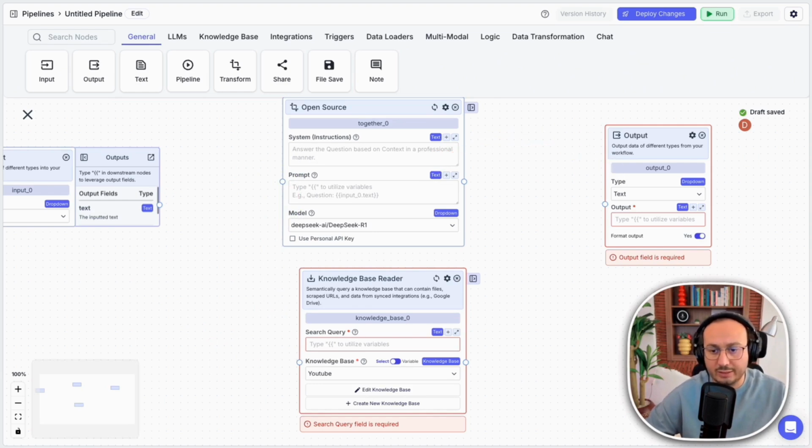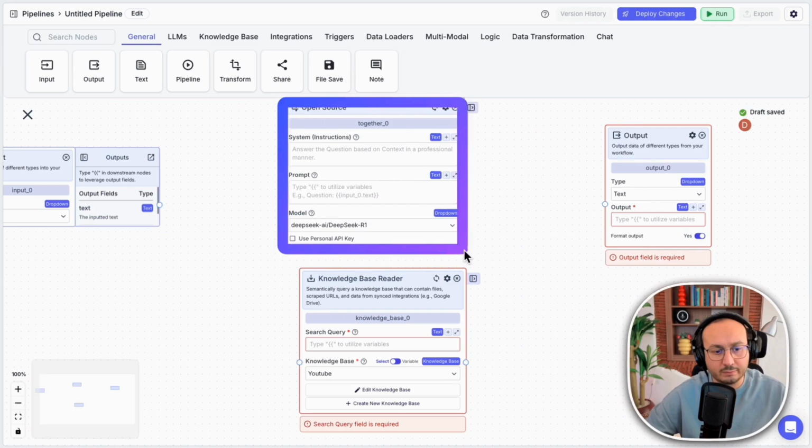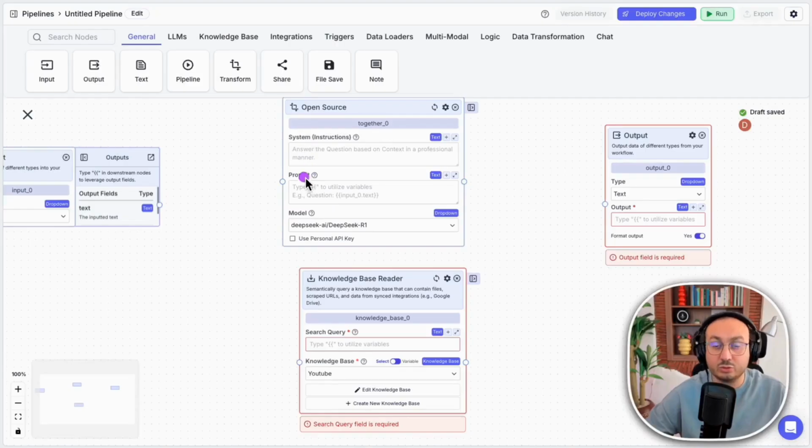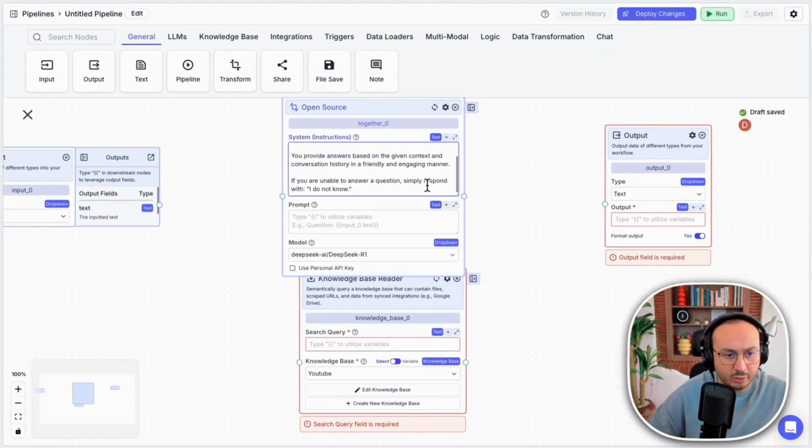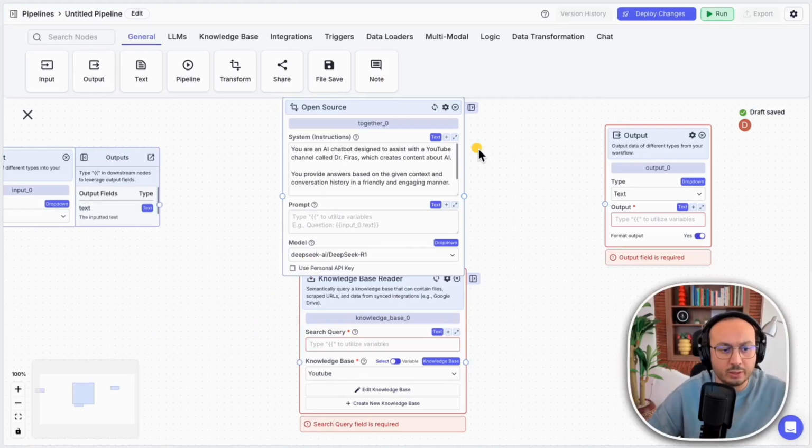Now, what interests me is that we are going to configure it together, this artificial intelligence, to set instructions and to set a prompt. And obviously, thanks to this, when we call on DeepSeek, DeepSeek will be ready to receive data, information, and it knows its prompt so that it can know exactly what it will return as a result. So let's go. Here, in fact, we are going to put the instructions into the system. So we are going to tell DeepSeek,